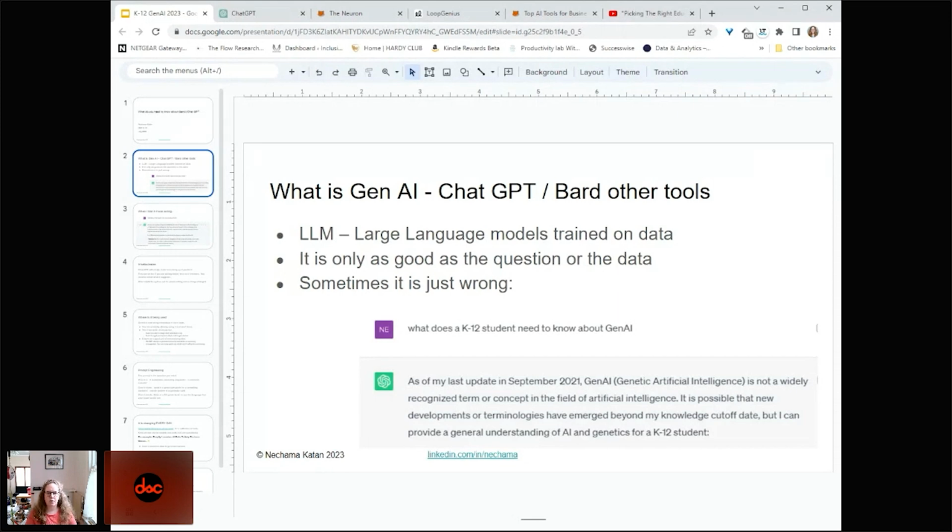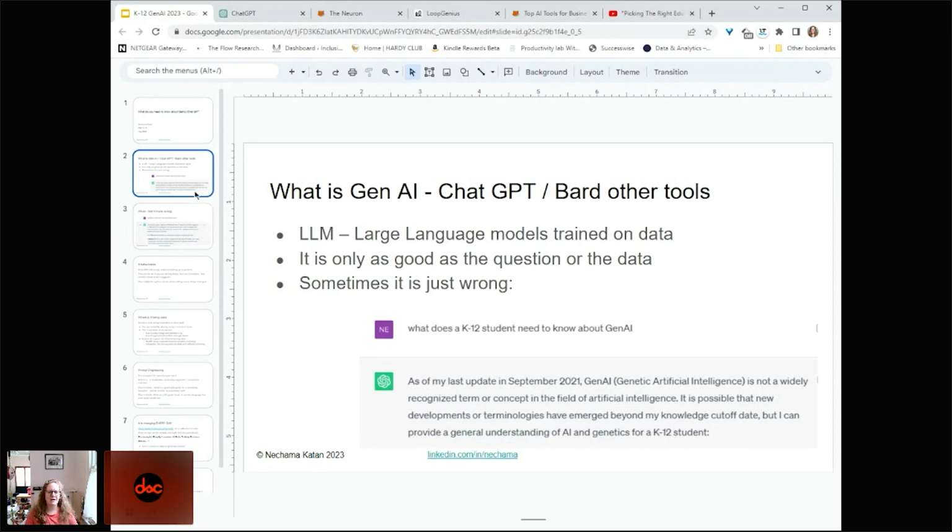The other thing you need to know about large language models is it's only as good as the question or the data, and sometimes it's wrong. So I asked it this morning, what does a K-12 student need to know about Gen AI? And it came up with Gen AI is genetic artificial intelligence. Not really helpful, right? It didn't even know what itself was.